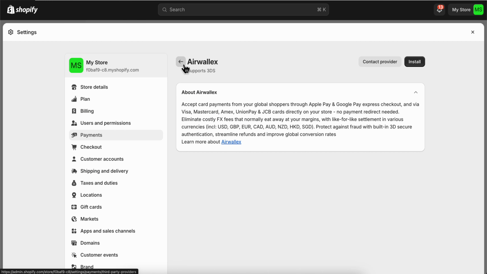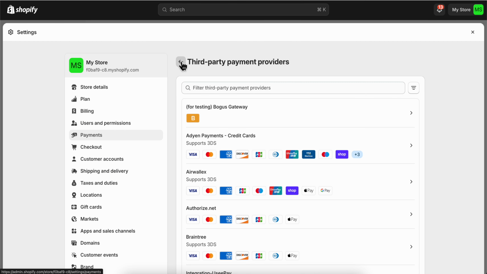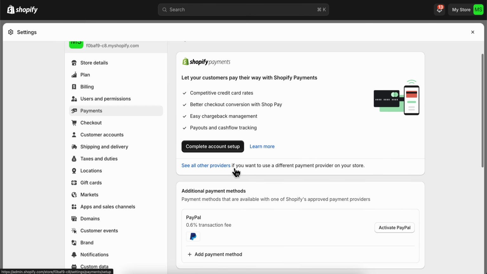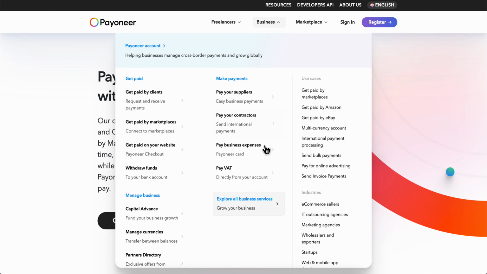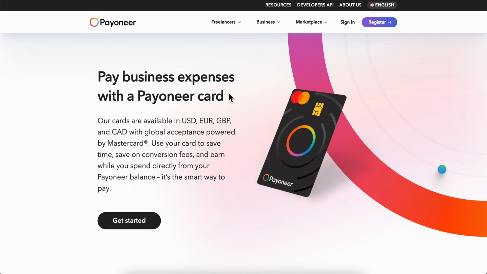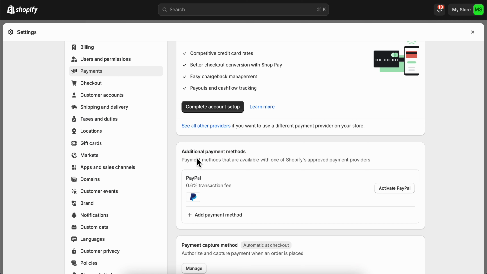Now as you can see here, so if we go back, we can see that Shopify enabled PayPal. So you can activate PayPal directly, but you cannot do that with Payoneer basically, but only if you do this method here with the credit card. So this is the only method that works in order to connect Payoneer to Shopify,